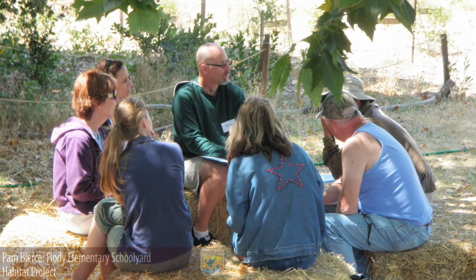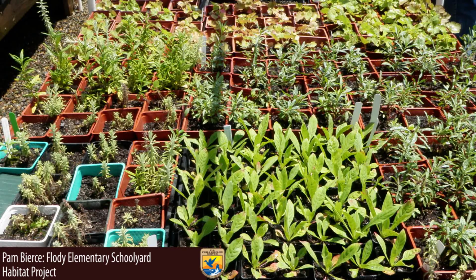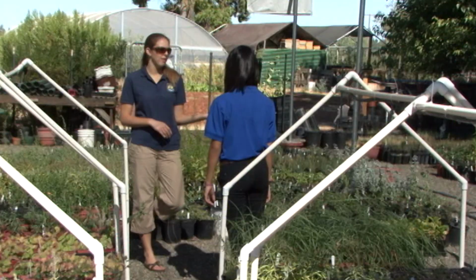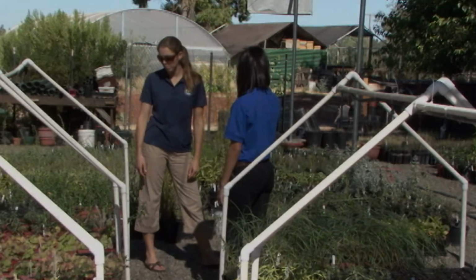Teachers at Floyd Elementary School in Sacramento learned how to create a schoolyard habitat and get students outside to learn. Trained at the Restore Institute, taught by Schoolyard Habitat Program Coordinator Colleen Volbhurst. I do a few things to help get schools involved. I have a summer training every year called the Restore Sacramento Institute. It's a week-long training for teachers, helping them learn how to design a project and how to involve their students